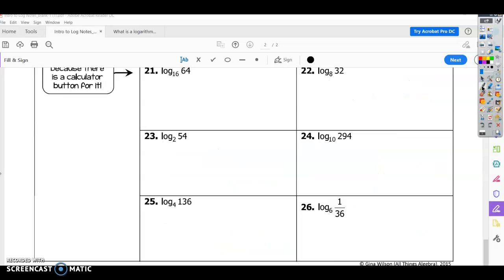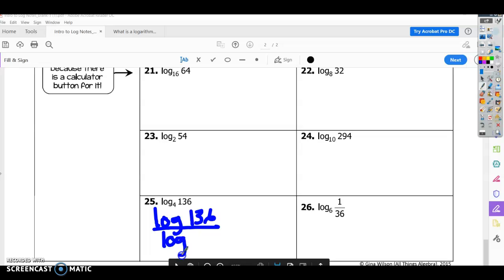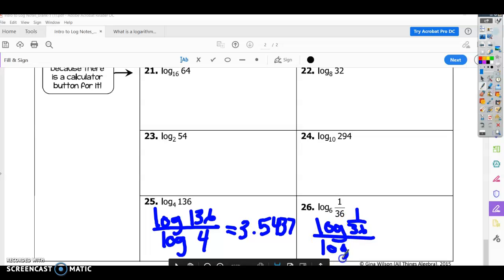All right, just a couple more examples here. So we're going to have log of 136 over log of 4. Type that in my calculator, and I'm going to get 3.5437. And usually on these, it'll tell you how much to round it. I'm rounding these different amounts, but most of the assignments will tell you to round to 3 or 4 decimal places, and just make sure you read that. So this is log of 136 over log of 6. Type that in, and that's going to be